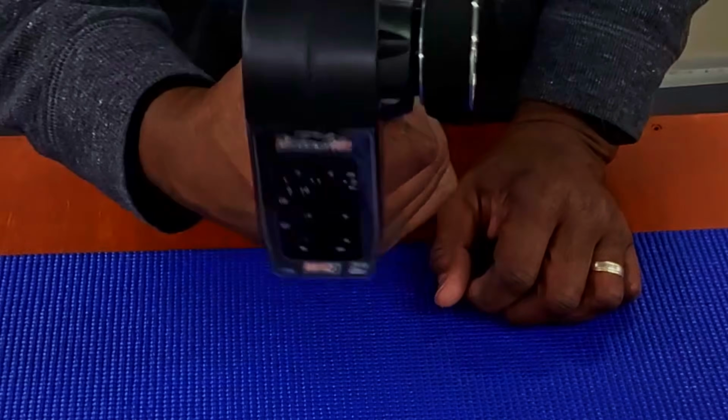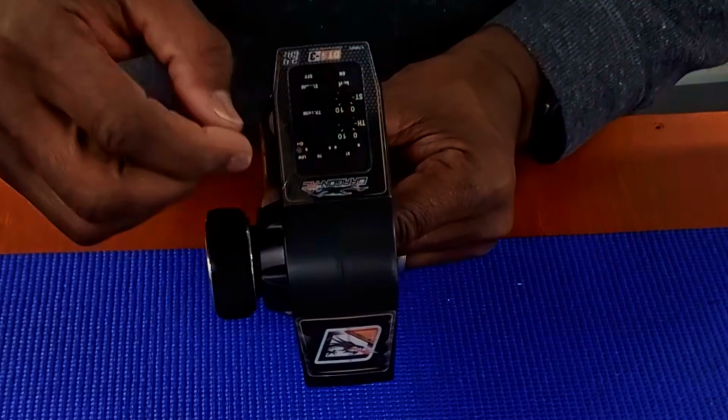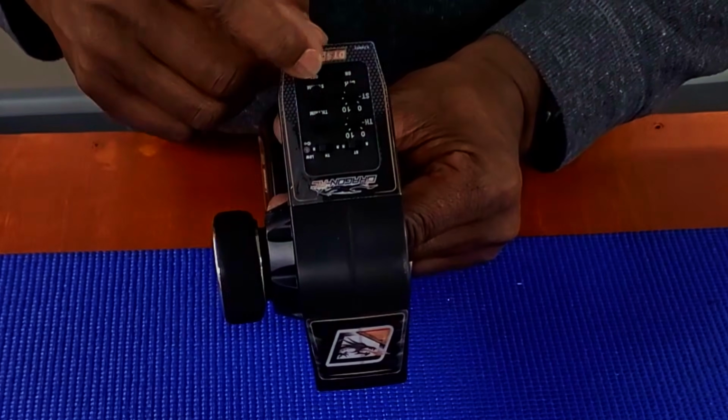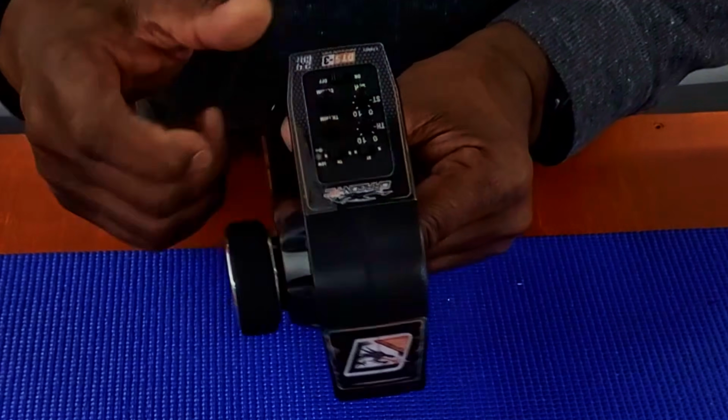You get the 2.4 gigahertz radio, normal settings, throttle trim, steering trim, throttle dual rate, steering dual rate, on and off button there, steering reverse and normal, throttle reverse and normal, foam steering wheel, and you get your